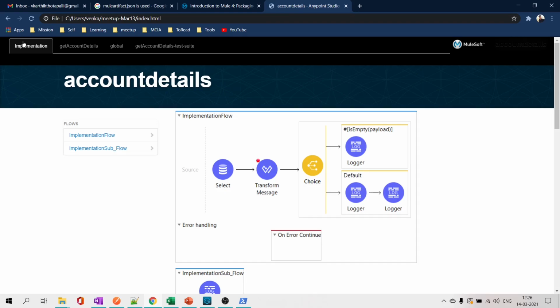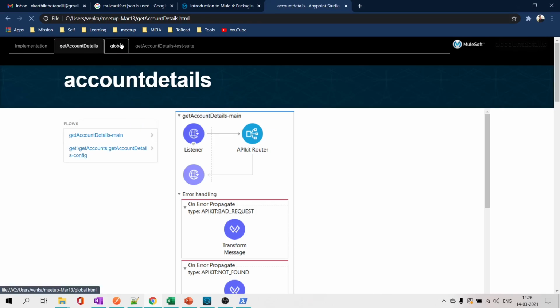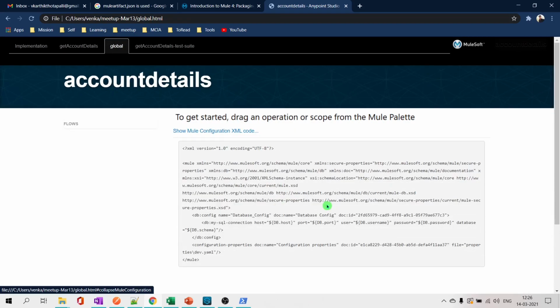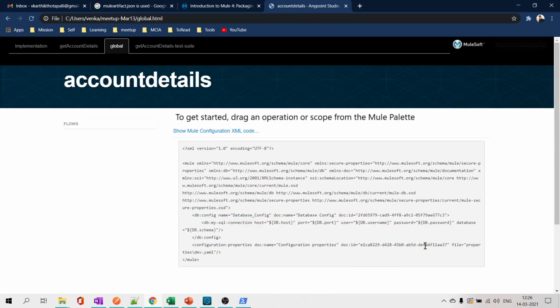For them, we will share these HTML pages. All they can see is images of flows, understand what flows we have. And the global configuration file. Here they will see how the connector configurations are represented. Observe, here we still don't have the actual values of the properties. They don't know the passwords, they don't know the username, anything.